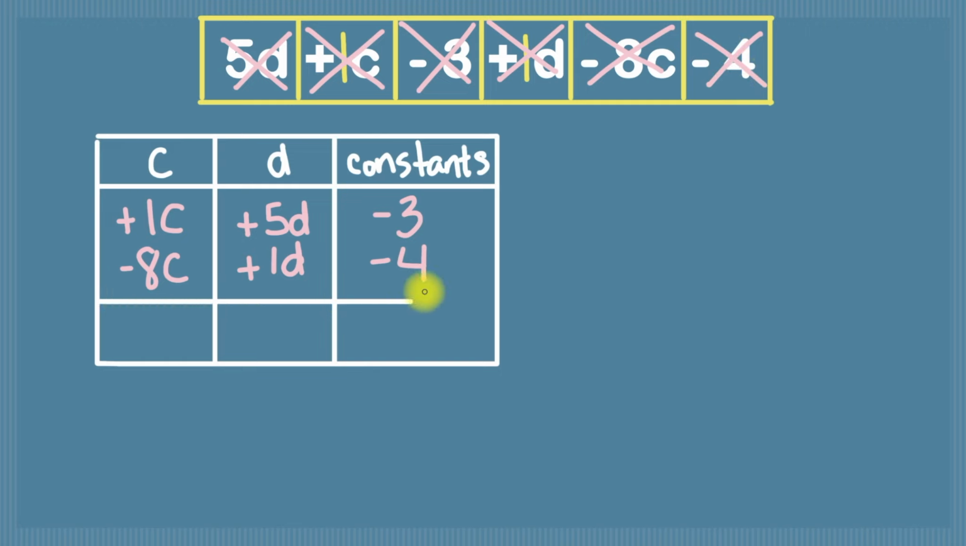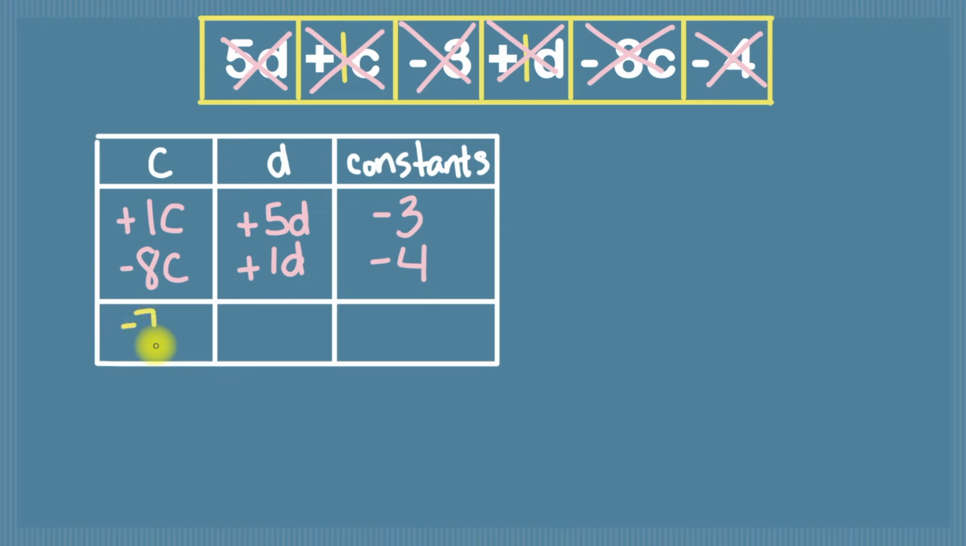Now that we filled our term table, all we have to do is look at each of the columns and combine our like terms. So in the C column, I've got positive 1C and negative 8C. That's like saying I have $1 and I owe someone $8. Can I pay them back everything I owe them? No, but if I pay back with the one that I have, I'll still owe them 7. So this will be